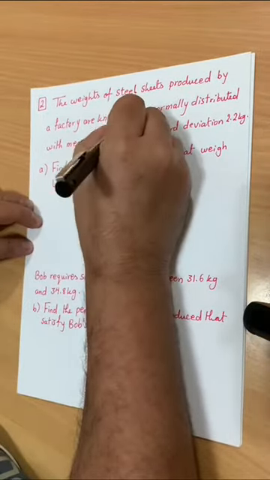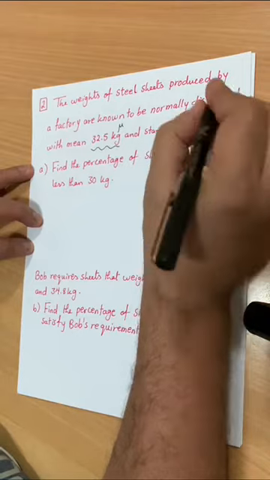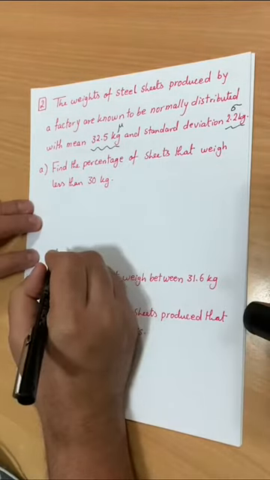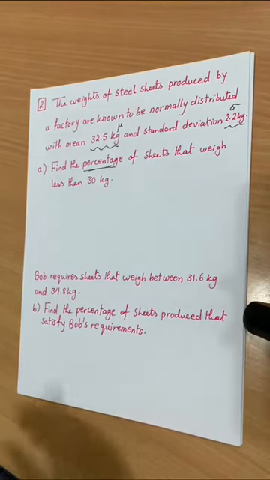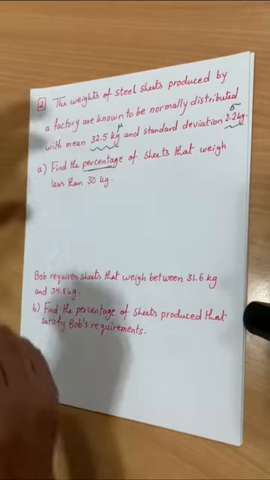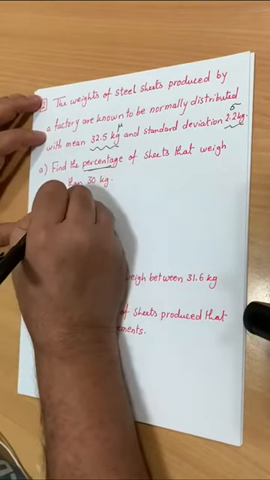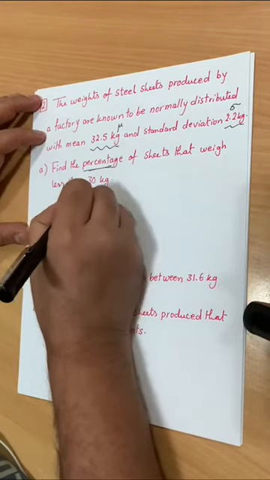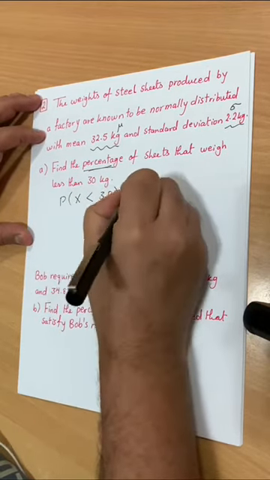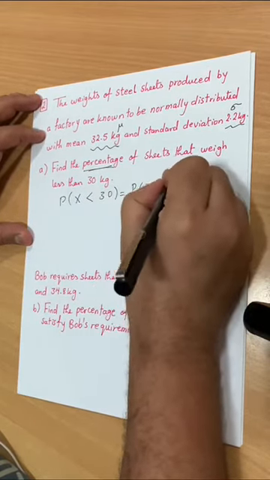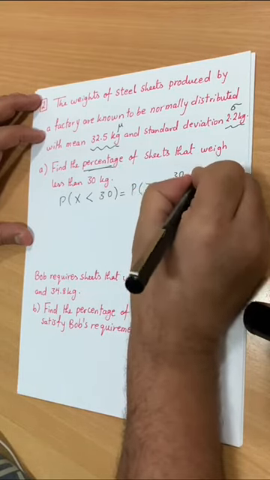This is mu. Standard deviation of 2.2. This is sigma. Find the percentage. So once you find the probability, you're supposed to multiply by 100% of sheets that weigh less than 30 kg. So it's required to find probability of X less than 30, which is equal to Z less than (30 minus